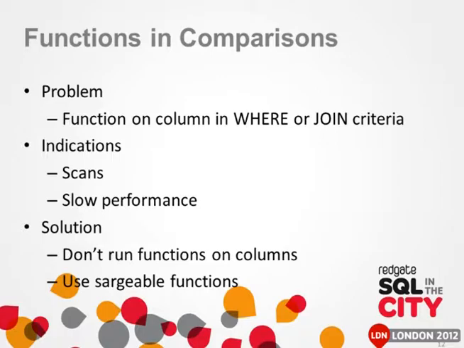A sargable function is, I say sargeable and I got corrected yesterday, sargable. Sargable function is search argument able. It reads sargible, and so I say sargible. It's correctly pronounced, I am told, sargable. Okay. Sargable functions. Let's take a look at the code.